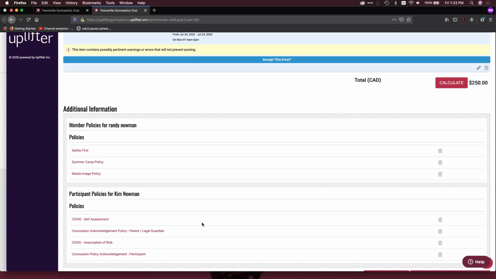So you're not just manually adding these policies; they are required to log in and accept them, and you can ensure that they have accepted those policies digitally, as it were. So now you can add policies on administrative invoices, which is very, very useful.